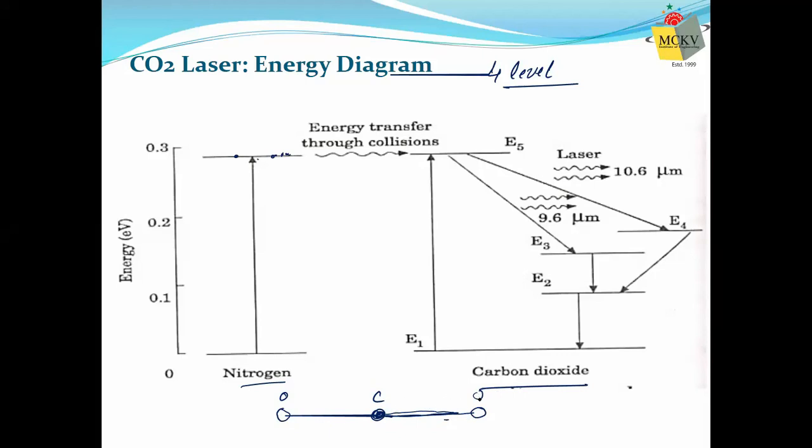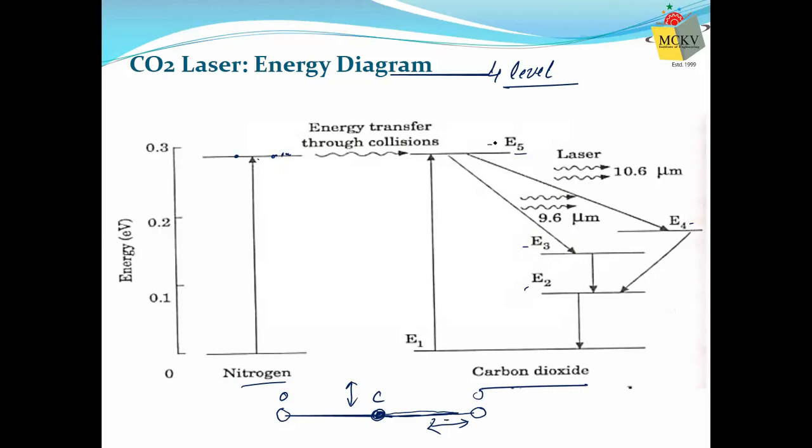If they are not moving symmetrically, that means suppose all three are vibrating, carbon is vibrating in positive x direction, oxygens are vibrating along negative x direction, then asymmetric vibration occurs. Now suppose carbon is vibrating along perpendicular direction and oxygens are vibrating along horizontal direction, then we get bending vibration. So these are different types of vibration, and due to these vibrations, these energy levels are created. Like E5, this energy level is created due to asymmetric vibration. E4 is created by bending vibration. E3 and E2 are created by symmetrical vibrations. So these are energy levels.